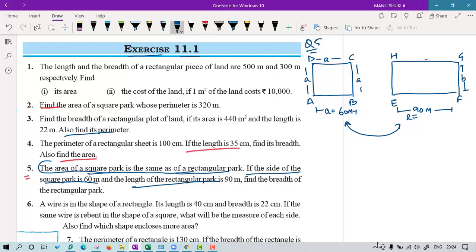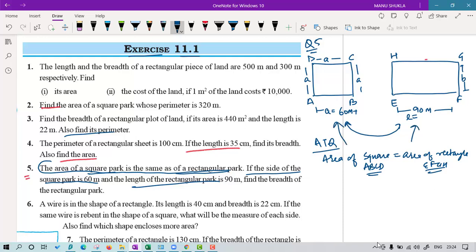So, given to us is, according to the question, area of square field is equal to area of rectangle. See, if you want to write the name, you can write that also. Area of square ABCD equal to area of rectangle EFGH. This is the benefit of writing the names so that you can easily compare with your diagrams. Diagram is a must in all these questions of mensuration. Now let's find the area of square. That is very simple. Area of square is given by side square